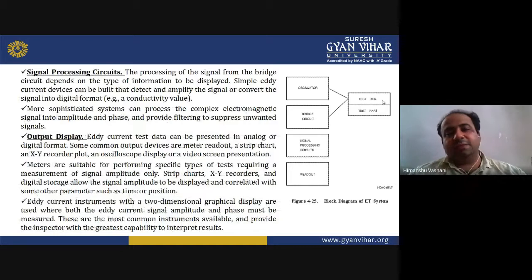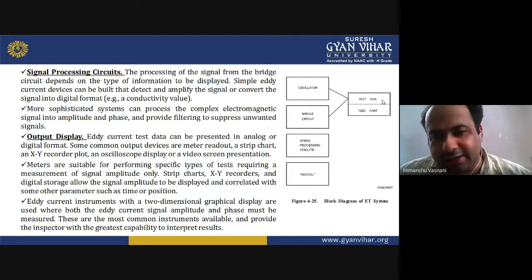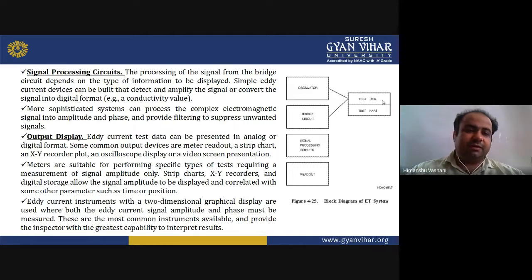Now, signal processing. The processing of the signals from the bridge circuit depends on the type of information to be displayed. Simple eddy current devices can be built that detect and amplify the signal or convert the signal into digital format, for example, a conductivity curve or a conductivity value. A more sophisticated system can process the complex electromagnetic signals into amplitude and phase and provide filtering to suppress